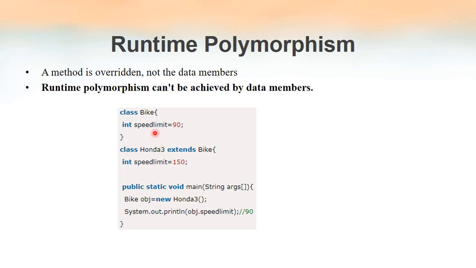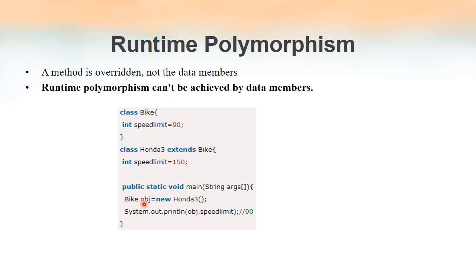The variable inside class Honda3 is overriding the variable inside class Bike. Always the data members or methods inside the child class are said to be overriding the data members or methods inside the parent class. So in this example, this variable speedLimit inside class Honda3 is overriding the variable speedLimit inside the class Bike. Bike is a parent class of Honda3.